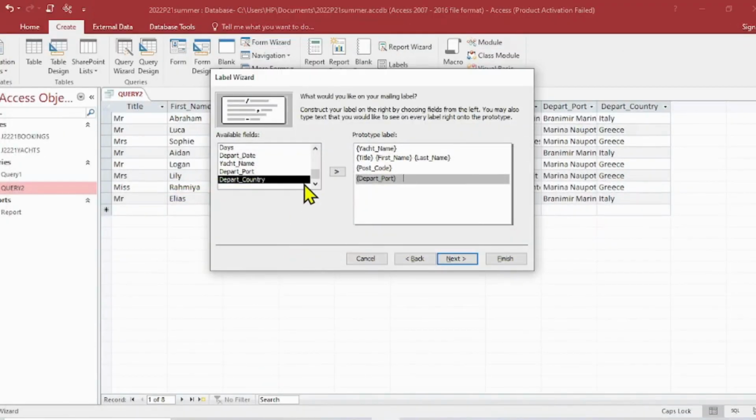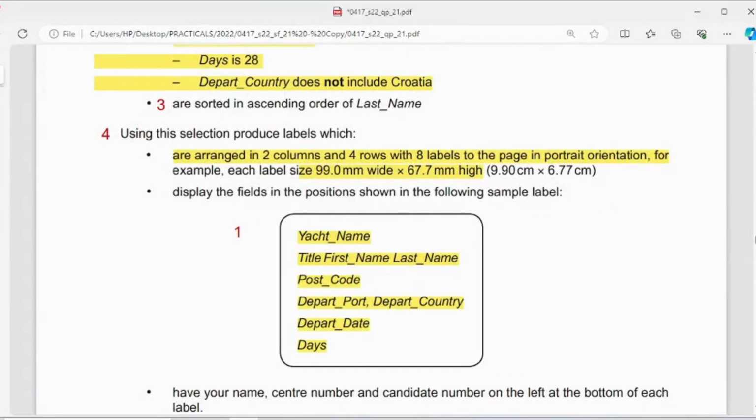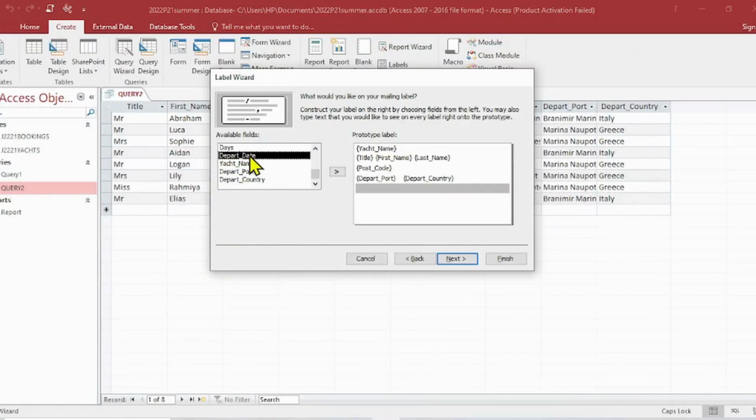Okay, give it space, depart country, come to the next line, depart date, again enter, days. Okay, and we have to give our details as well at the bottom here. Just write your details. Yeah,